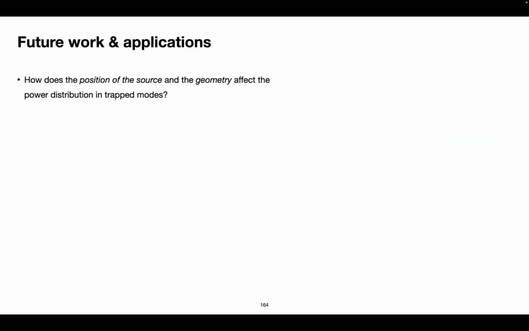Cool. I just want to finish up by saying what this could be useful for and what sort of projects I have in mind. I'm interested in how the position of that point source and the geometry of the stairs or some other scattering surface affect trap modes, their existence, and how much power is distributed among them. I'm particularly interested in whether we can induce asymmetry, so that sound can go one way but not the other. This could be really useful for the design of buildings, for example, and my idea is that in asymmetric geometries, this can probably happen.